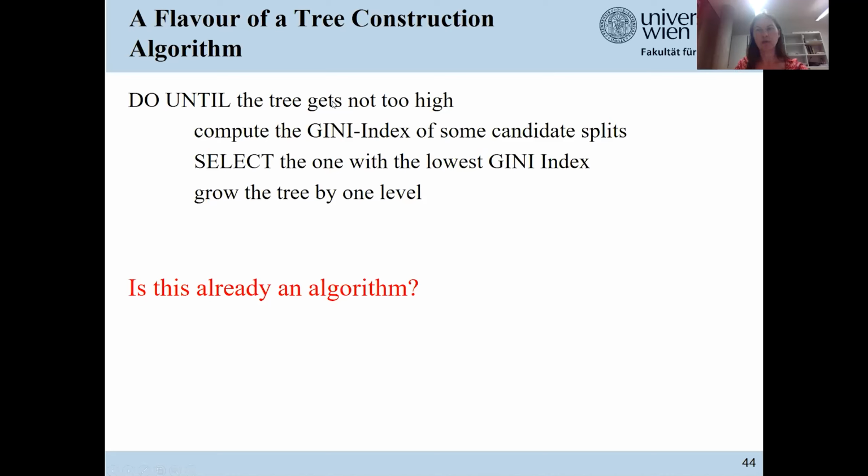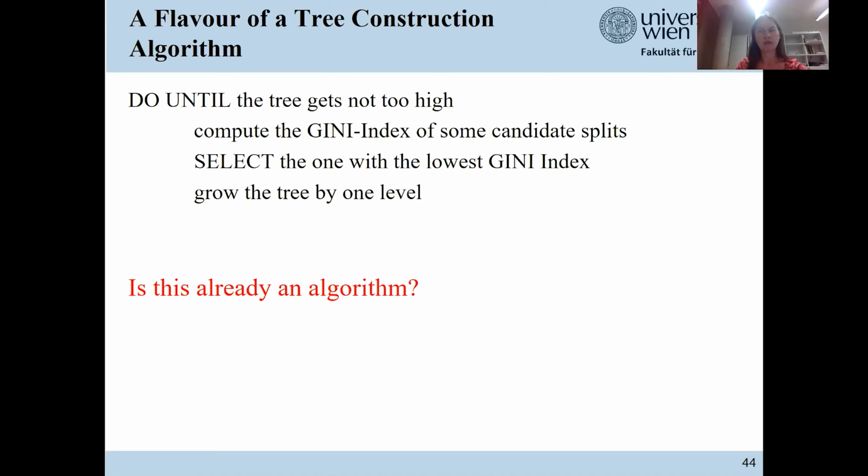We must be much more specific if we want to have a sequence of instructions that can be executed on a computer. We must somehow define the height. One option of defining the height is: we can do that until all leaves are pure.